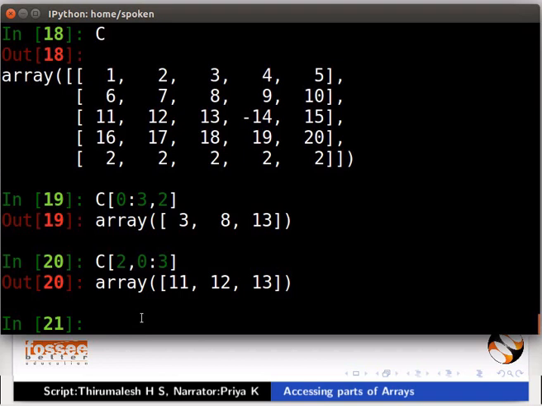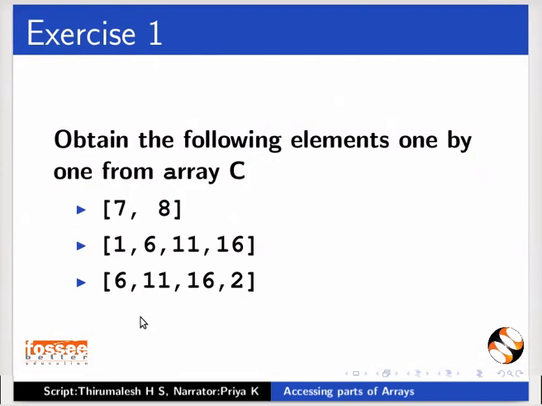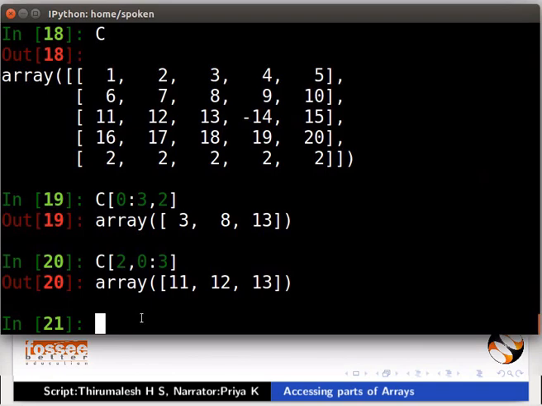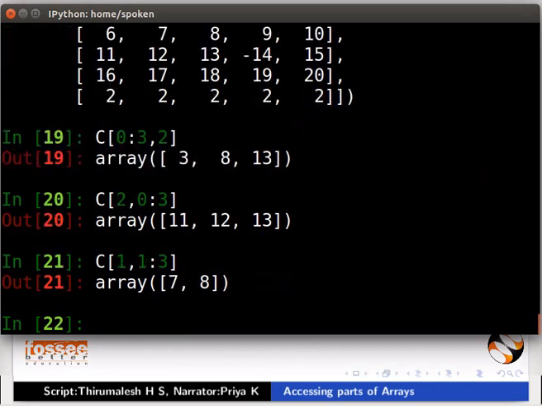Pause the video. Try this exercise and then resume the video. Obtain the following elements one by one from array C. Switch to the terminal for the solution. Type C[1,1:3]. We get the elements 7 and 8.